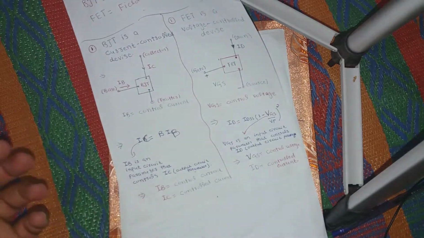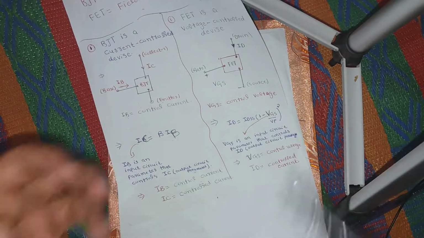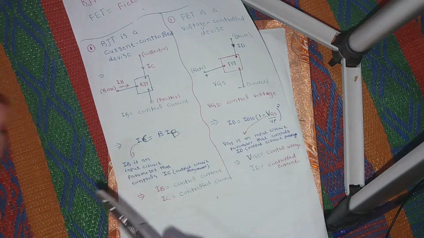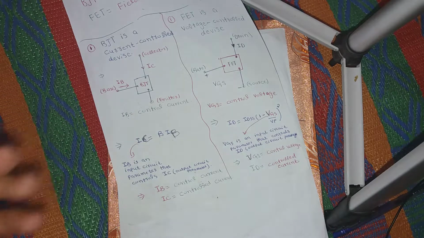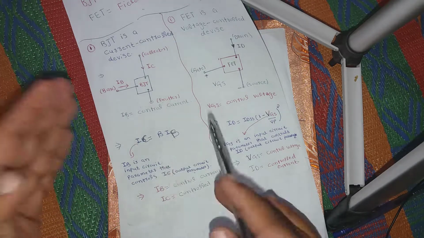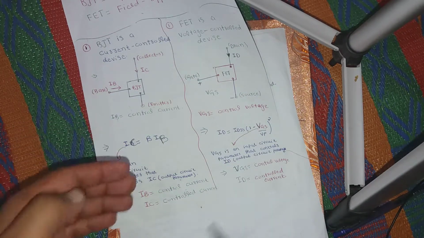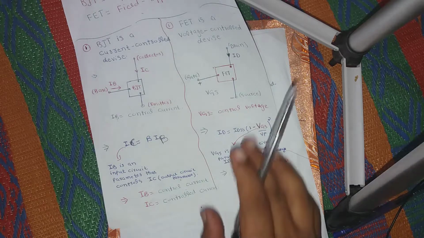So that's the first difference between BJT and FET: BJT is a current control device and FET is a voltage control device. In BJT, the output is the current IC, which is dependent on the input current IB. And in FET, the output is the current ID, which is dependent on the input voltage VGS. So that's it. Now let us talk about the